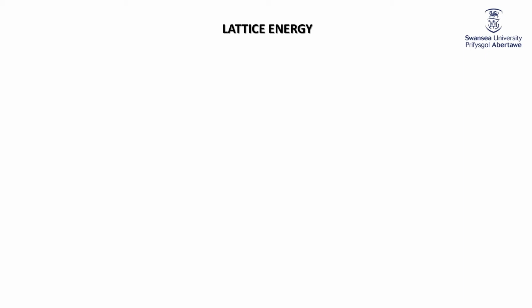We mentioned lattice energy in class and we did a disgusting calculation associated with it. It's an important concept, so it is worth spending a little bit more time on it. Lattice energy is associated with an ionic compound. When you take a gaseous cation and a gaseous anion and you bring them together to make the ionic solid, there's an energy change. That energy change is the lattice energy, and the symbol for it, delta lat H, always